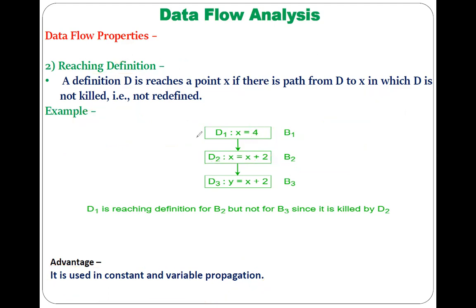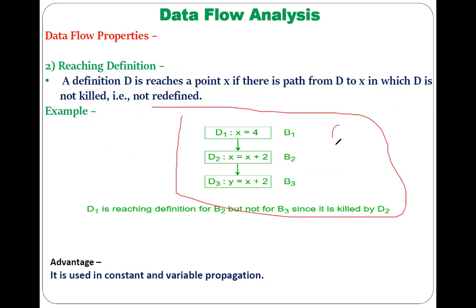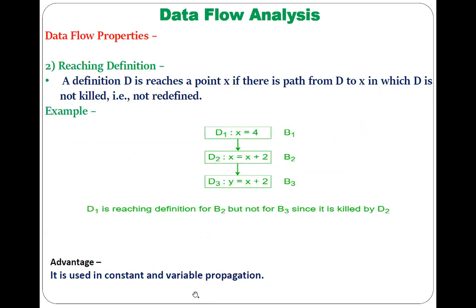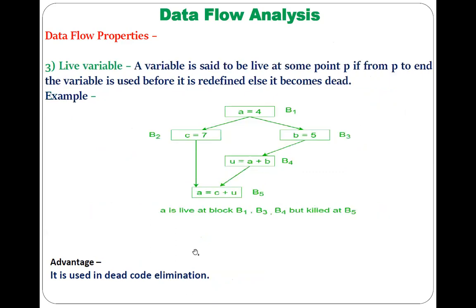That is the reason I said, in order to do the global optimization, the control flow graph and the data flow analysis can be very useful. Because in the previous technique, available expression helps us do the common subexpression elimination, and reaching definition helps us do the constant propagation. Let's see the last property of the data flow analysis, which is an important one.